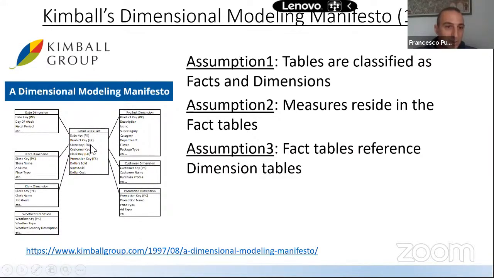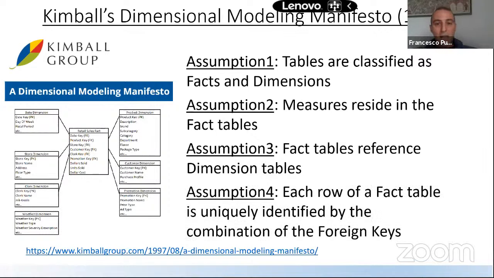For example, the product key, you saw it in my example earlier, is a code that you find in the product dimension, and it will tell you the product name, the unit price, and so on. And assumption number 4, each row of a fact table, listen to me, is uniquely identified by the combination of the foreign keys. Then there are other assumptions, but I have chosen these 4 because these are sort of the foundation of dimensional modeling.